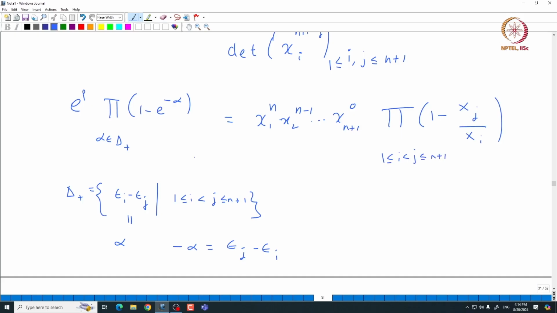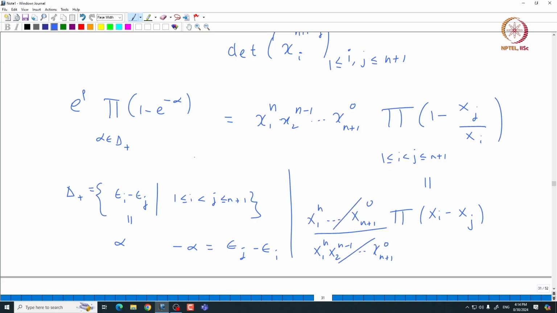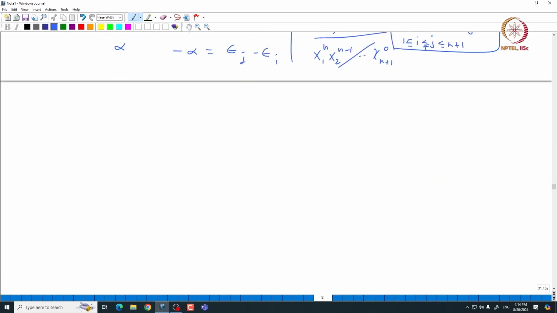Now if you just cancel things out, this gives you exactly the product of xi minus xj, divided by x1 power n, x2 power n minus 1, etcetera, xn plus 1 power 0, which is the same as the numerator x1 power etcetera, xn plus 1 power 0. So these two things get cancelled, and you get this product. So that means the product side is indeed the product of xi minus xj, i less than j,